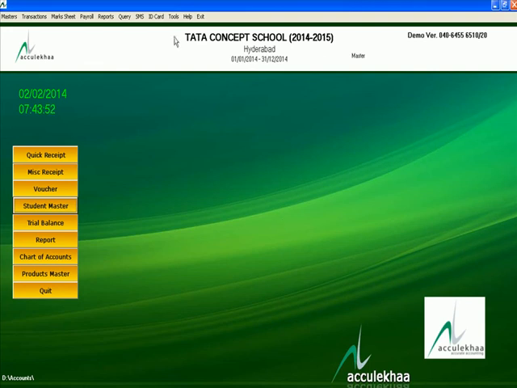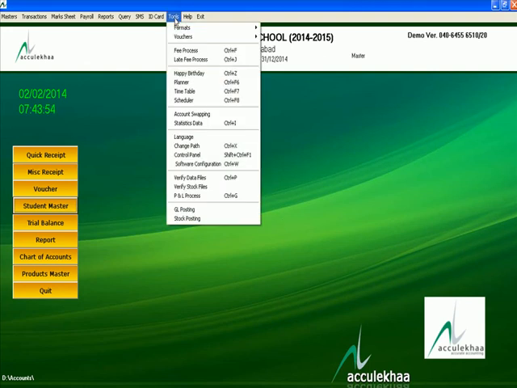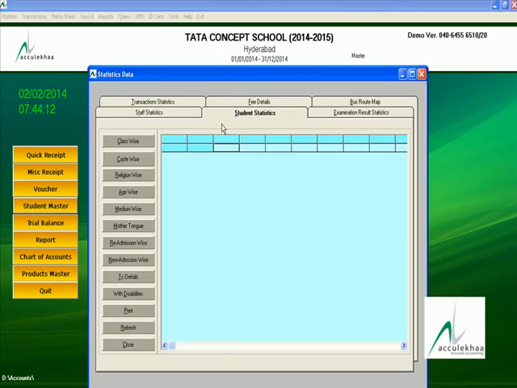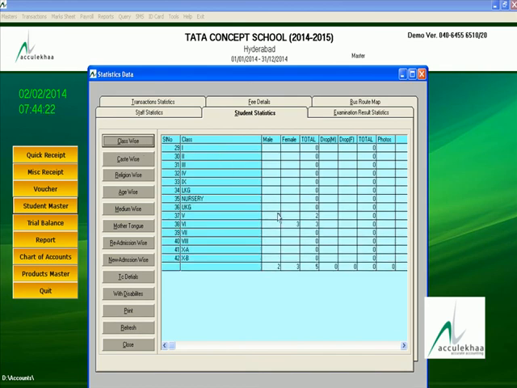For that option you have to go to the tools, you have to go to the statistics, or simply as a shortcut key you can use the control I button. In this you have to click this refresh button first, then you can select the class wise. Total strength is 5 students.